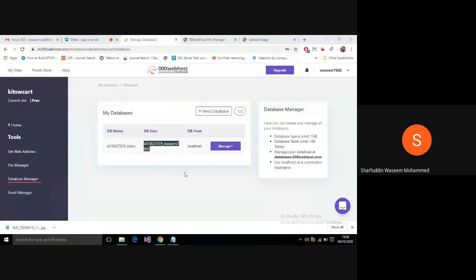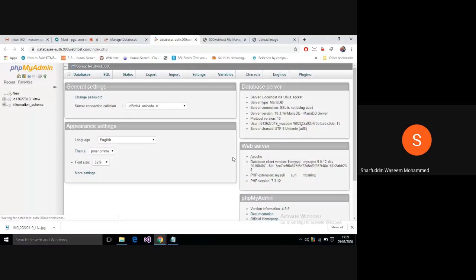So what I can do now, this database is created. I have to click on manage, then click on phpMyAdmin. Everyone is already familiar with what phpMyAdmin is. Once you click on phpMyAdmin, it will open the database. So this is my database. Click on the database,